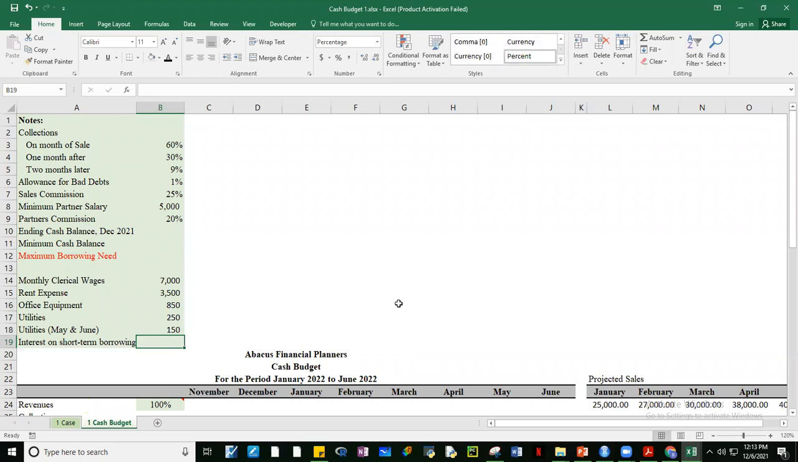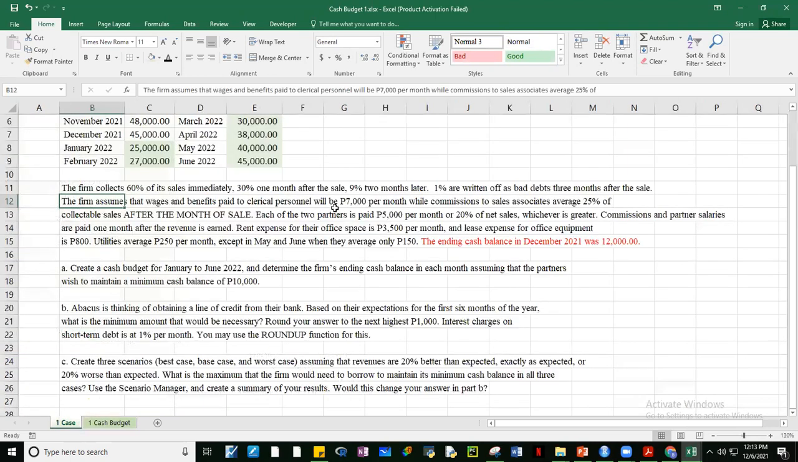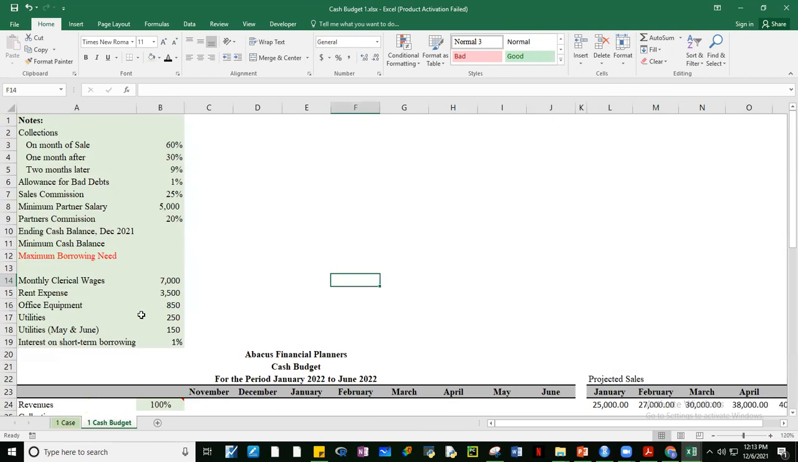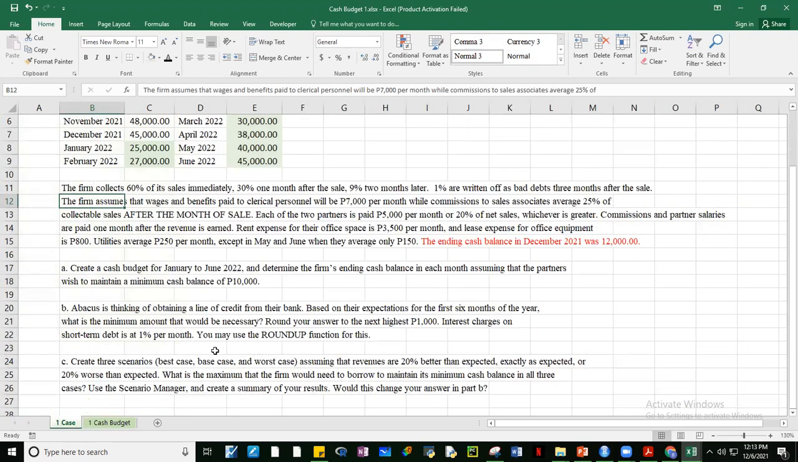Okay. Tapos may nakasabi din na 1% yung interest sa short-term borrowing. Which is here. About 7,000, and then 3,500, and then 800. 800 ba? Okay, 800. 250, 150, and then we're told that may interest sa ano? So